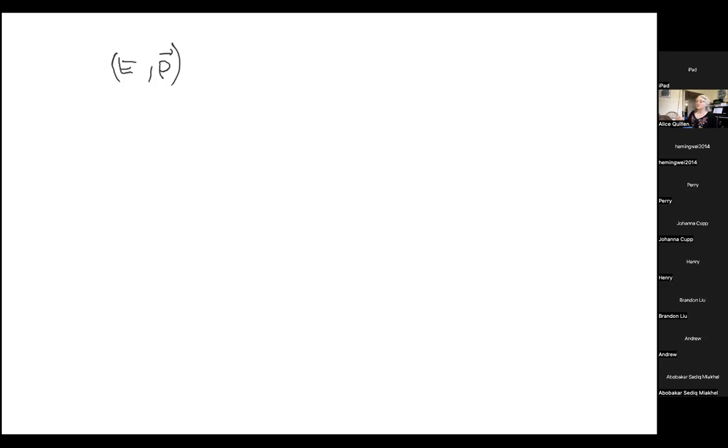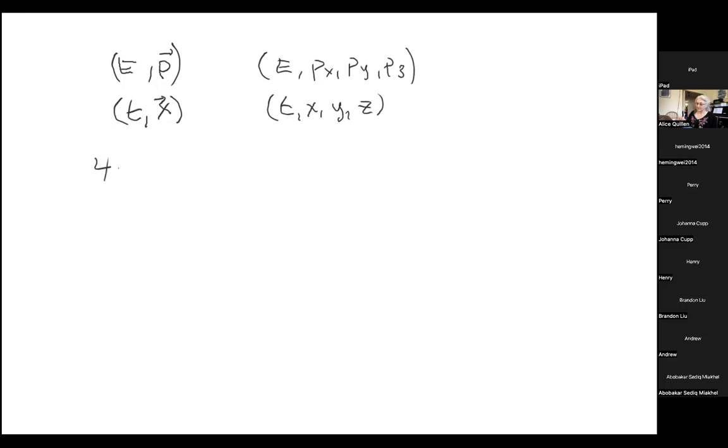In any case, let me just make a quick comment here. So we have energy and momentum here. We can also write time and position. So if you write things out like this, think of a vector t, x, y, z, and I can write this as a vector E, px, py, pz. These are 4-vectors, and space-time